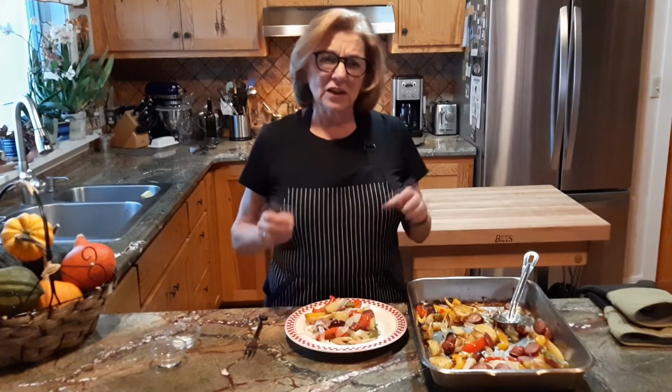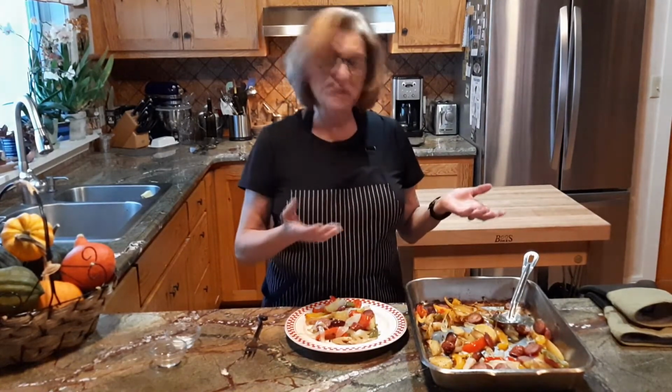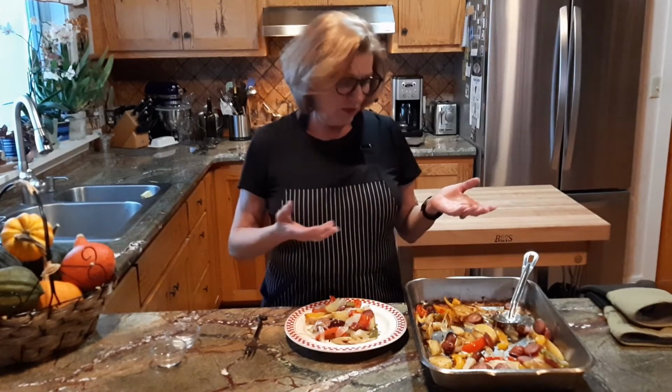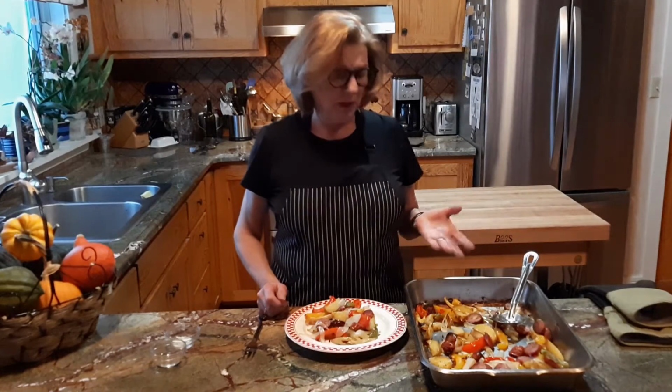Everything cooks, the idea is to have everything cook kind of at the same time. Your sausages are already cooked. So one option would be to throw them in, let's say 10 minutes after you've started this whole thing, if you're a little worried about them. But I think